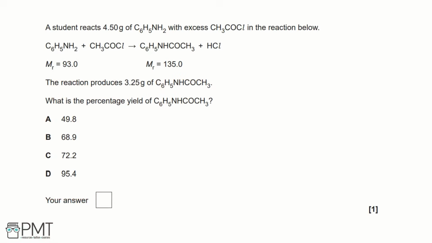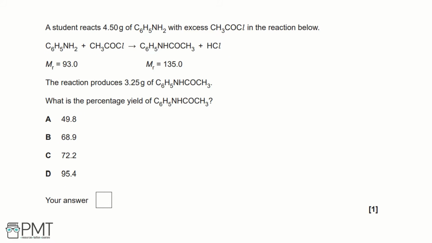A student reacts 4.50 grams of C6H5NH2 with excess CH3COCl in the reaction below. The reaction produces 3.25 grams of C6H5NHCOCH3. What is the percentage yield of C6H5NHCOCH3? A. 49.8, B. 68.9, C. 72.2, or D. 95.4. If we start by highlighting the key pieces of information in this question, our first key